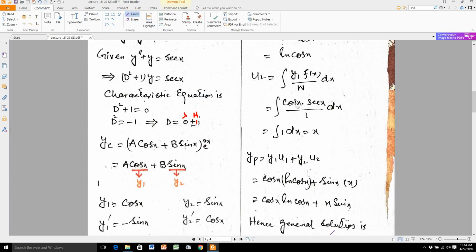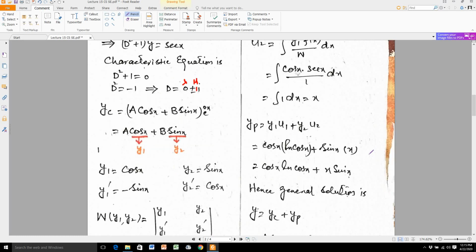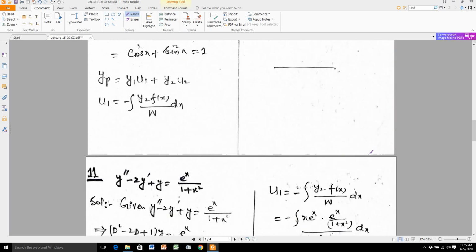One more thing you see here: the forcing function is secant x, but in undetermined coefficients there is a limitation on that method. You use only sine and cosine there, but here you can use any kind of trigonometric function. First example you see, the first demonstration, is the example in which cosecant is used. Now here we use secant x. So in this way you complete your first example, first question.